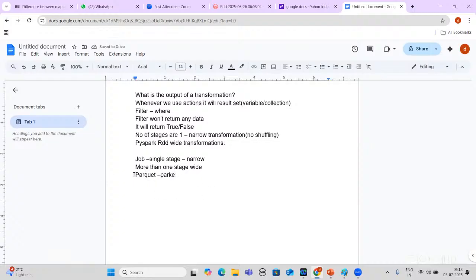And the second one is Avro, and the third is ORC. So these are the three big data file formats. They will store in partitions. All three file formats store in partitions only. But mostly we will use Parquet only. Parquet can be used in all things.